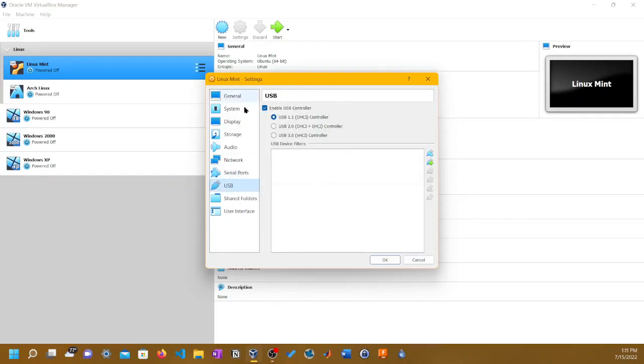USB. So originally you're gonna get USB 1.1. If you really want USB 2.0 and 3.0, you have to download the VirtualBox extension pack. Let me just get Firefox right now. Let me close every single thing. Close other tabs. VirtualBox. I know I'm doing it off screen, so that way it's faster.